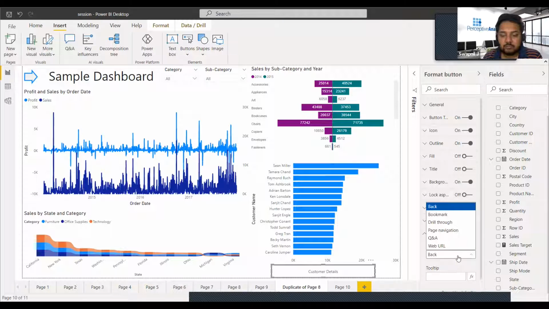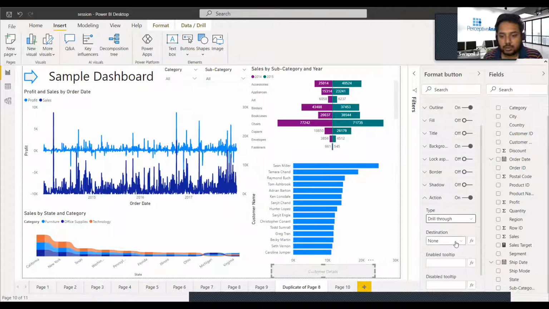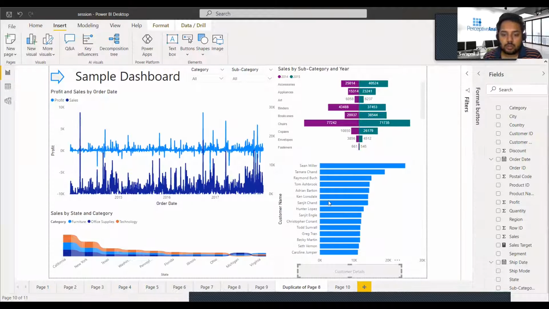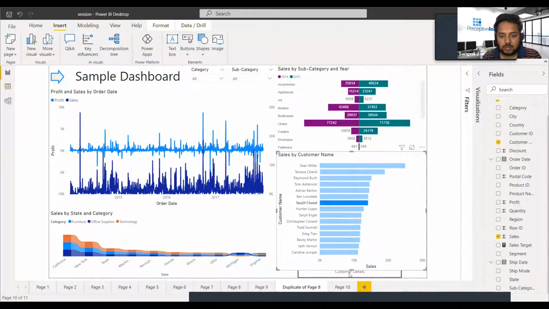Last time we chose a bookmark; this time we'll choose the drill through action. Now it will ask what is the destination of the drill through. So we'll go to page 10. Okay, we are done. So let's choose our customer, and we click on this icon button.